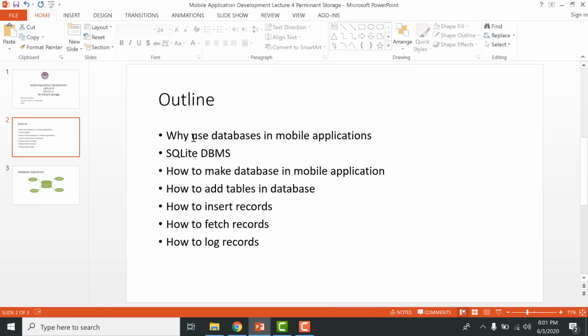So today we are going to first study why we use databases in mobile application, and then what is SQLite DBMS, and then we are going to study how to make a database in a mobile application, how to add tables in the database, how to insert records, how to fetch records, and how to log records. So we are going to go step by step,